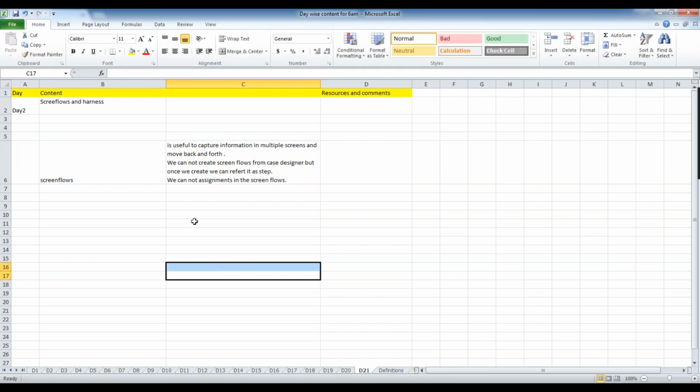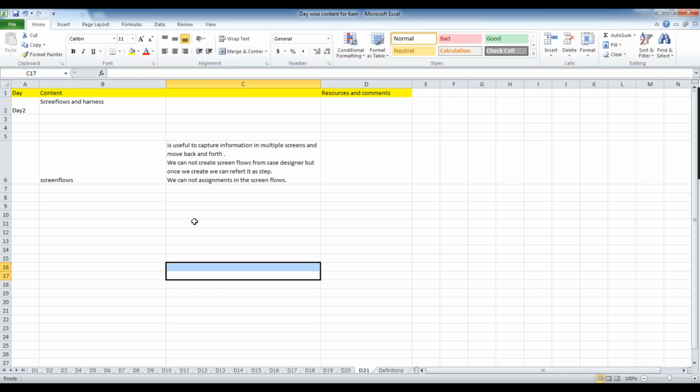Let's say you want to do a tax filing. With the tax filing, we will be entering multiple types of information, like personal information, salary information, and bank information. But all this information will be provided by a single user.